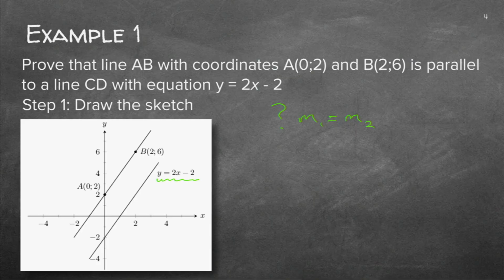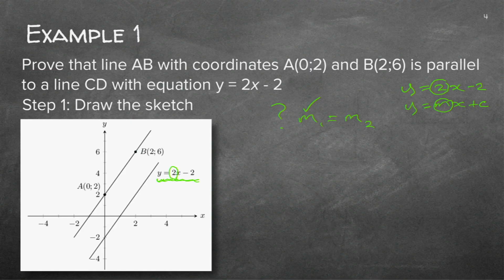If I look at this equation here, I already have the m. Let me write it down there. Y is equal to 2x minus 2. This is the standard form. Y is equal to mx plus c. So that 2 there represents the gradient. So I can just read off the m. So the one m I already have. They gave it to me not directly, but they gave it to me in the formula.